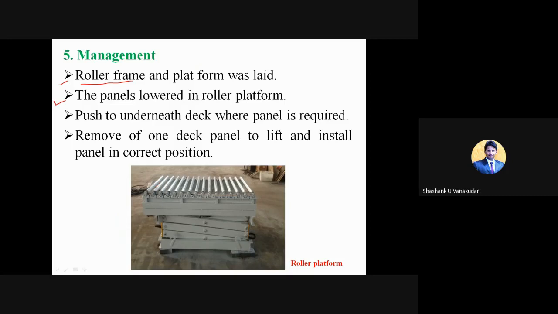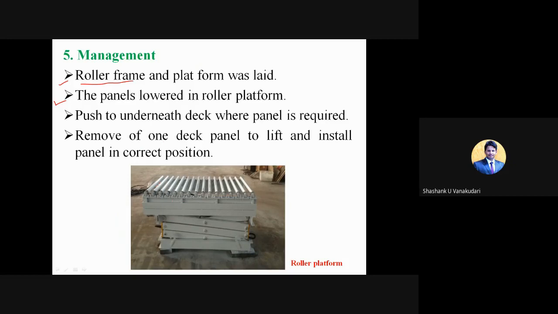And then the panels are lowered onto the roller platform to push them to the underneath deck where the panel is required. We can move this across many sections and floors by operating it to the required location. Then remove one deck panel to lift and install the panel in the correct position.